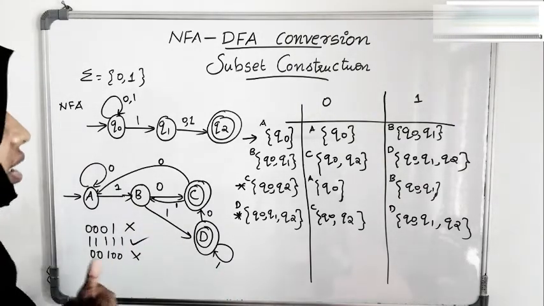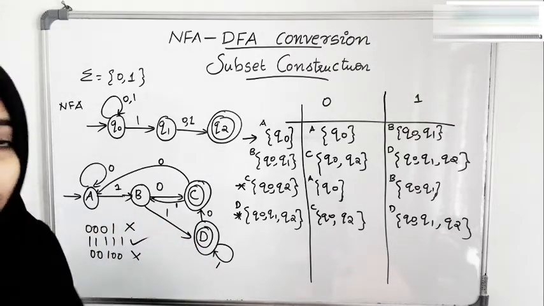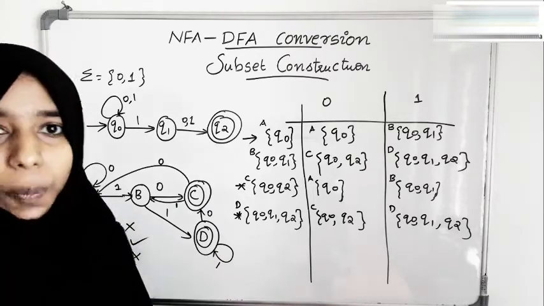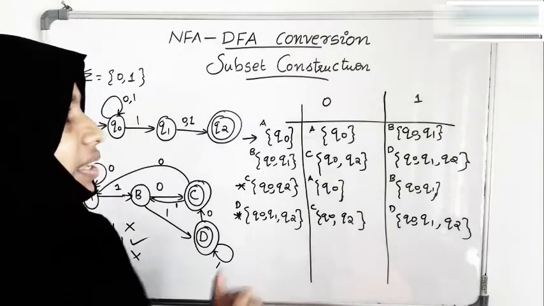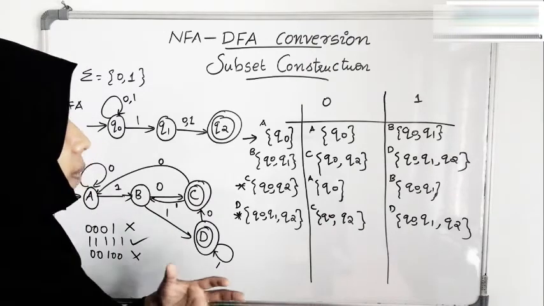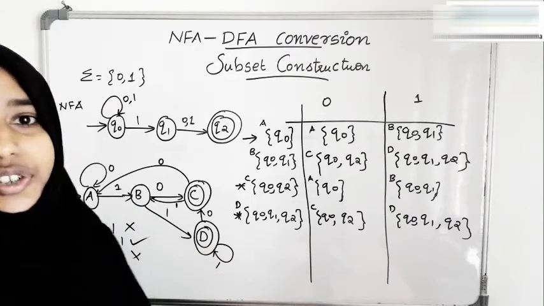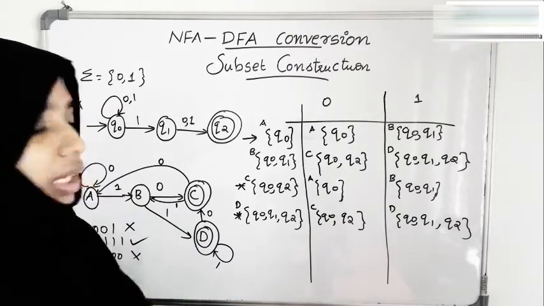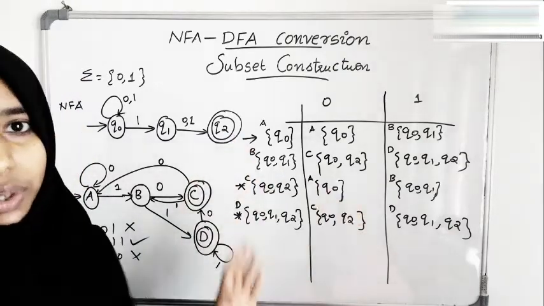Again, one thing that I want to tell you is that if you have drawn the DFA directly, you may get a DFA even shorter than this. That is, the DFAs that you obtain due to subset construction may be a bit large, and there is a scope of minimization in it. Most probably the DFAs that you obtain using subset construction can be minimized. So we will see the minimization algorithm in one of our coming videos.